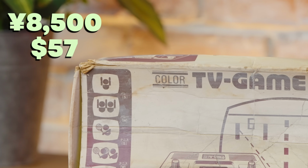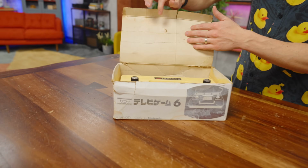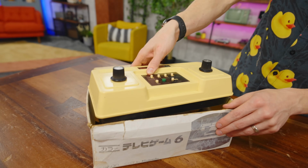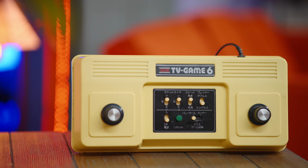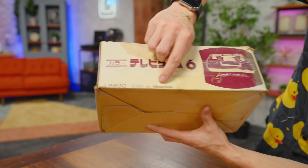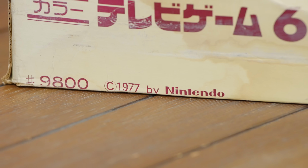Well, you will be happy to know that it is one of our cheaper items at 8,500 yen, roughly around $57 US. Brilliant. And there you go. Oh, it's actually pretty nice. So I don't know why early consoles all decided that even though you're going to plug this into your TV, you're not going to include a power adapter, but instead use a bunch of big ass batteries. It only says Nintendo here,